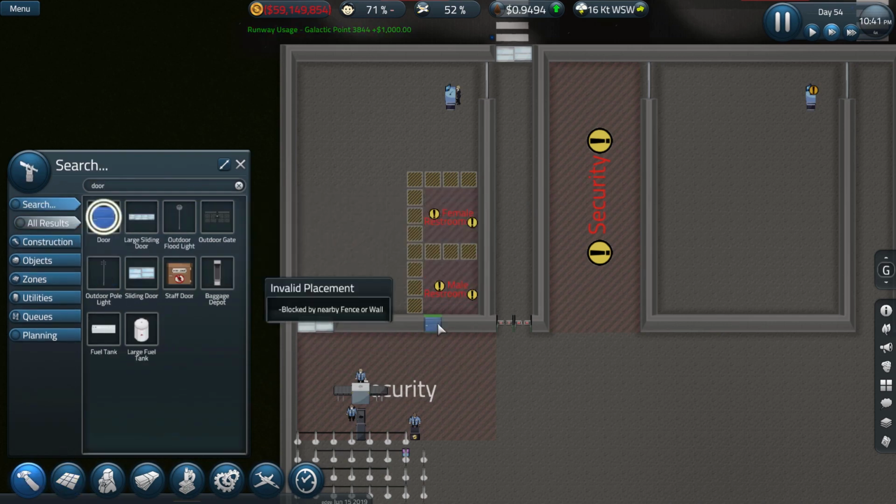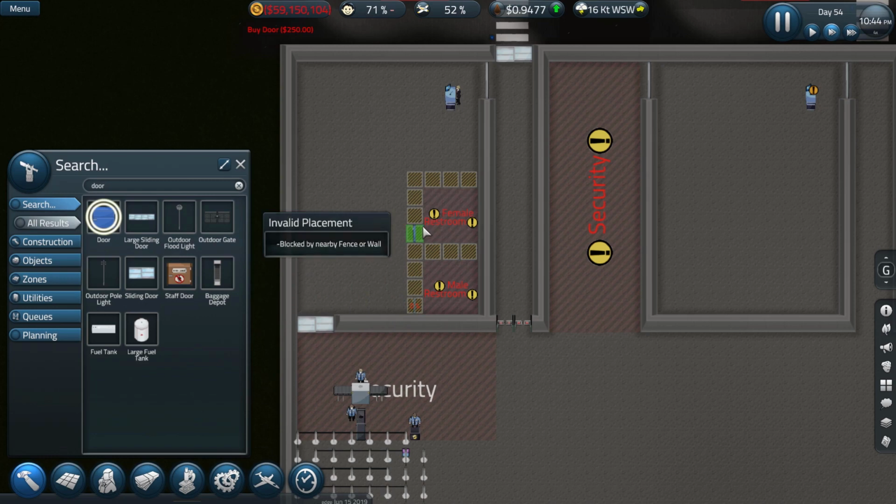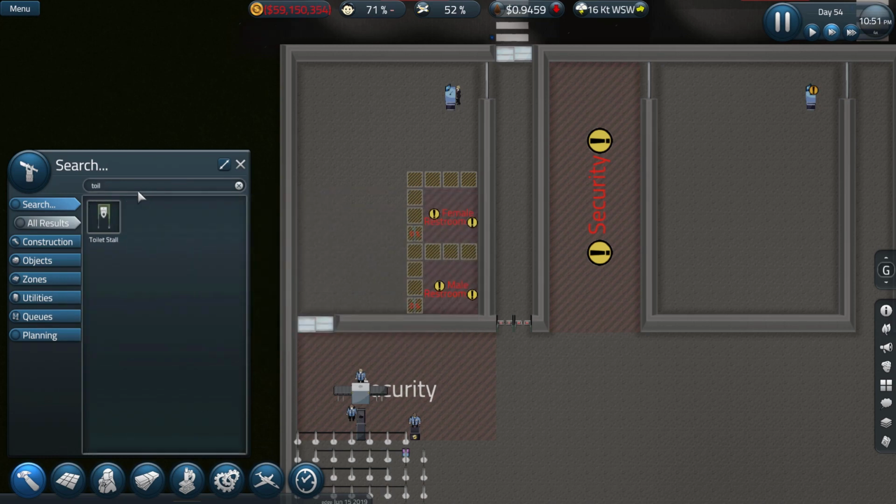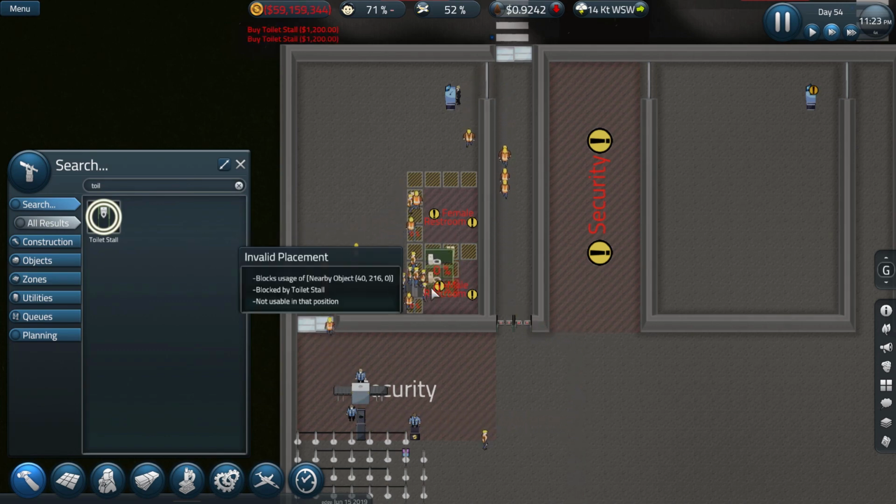I'm just going to do basic standard doors over here. One there and one there. That's going to be good enough. And I'm going to do some toilet stalls. Probably... Can we actually do something like 3? If we do, say, something like this,